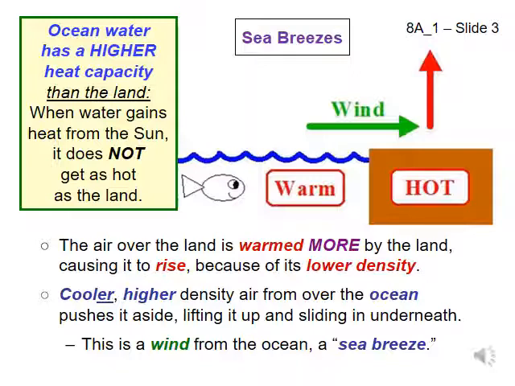When land is heated, its temperature goes up a lot more than water's temperature. The air over the land and water is warmed by both the ocean and the land, but the land is a lot warmer than the ocean, so the air above the land is a lot warmer than the air above the ocean and thus has a lower density than the air above the ocean. Due to its lower density, it is the air over the land that rises, and cooler air from the ocean comes in to replace it. The cooler air coming from the ocean is the sea breeze.